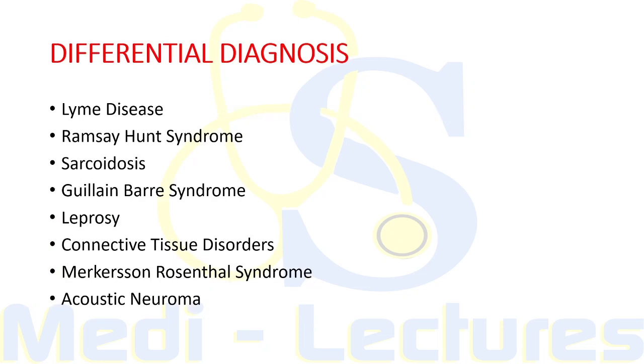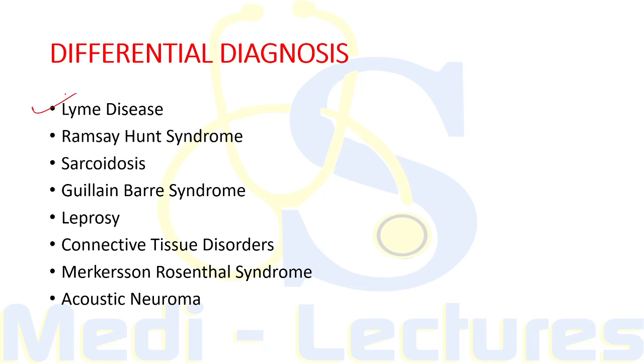Now, coming on to the differential diagnosis. These include all the known causes of facial paralysis, that is, the disorder is now not idiopathic, a known cause is responsible. In Bell's palsy, no cause was identified, and it was just hypothesized that either herpes simplex or varicella zoster or other viruses can be implicated. And in differential diagnosis, we have a known cause.